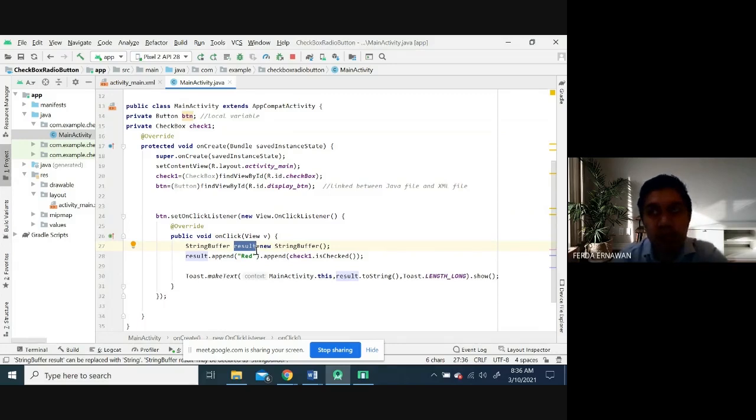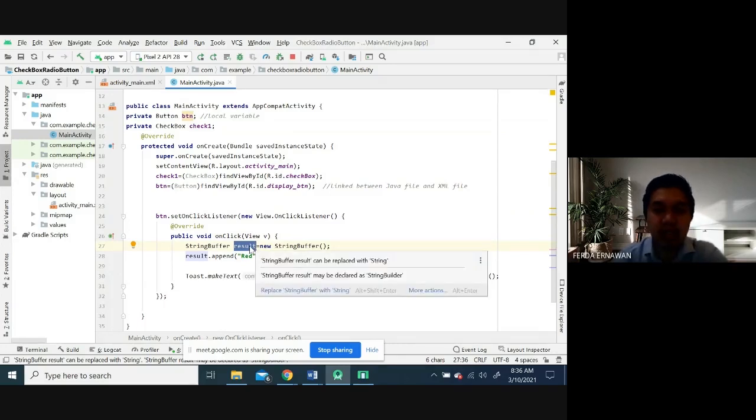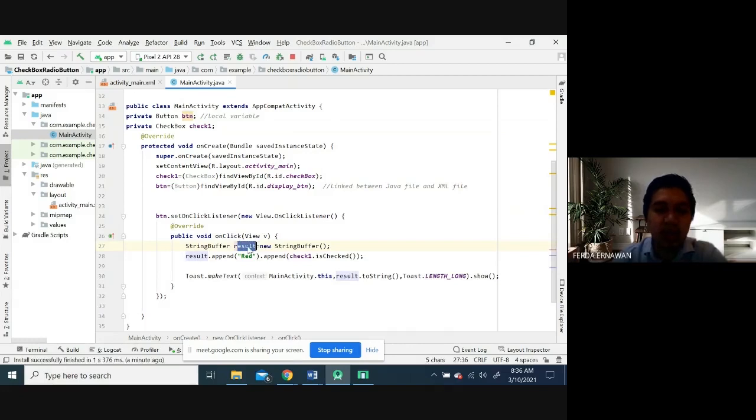What we call the variable of the result. This is the string. Then I can display the result by setting the string value, which is append red.